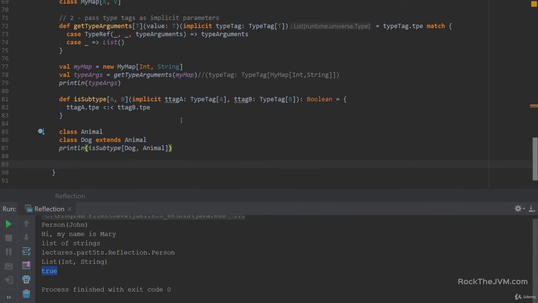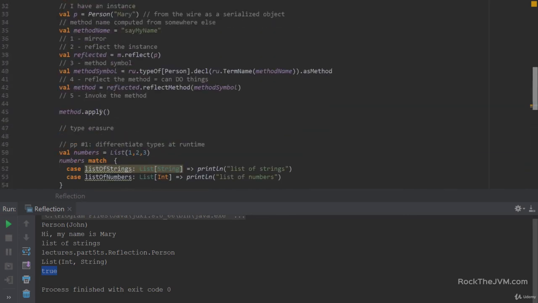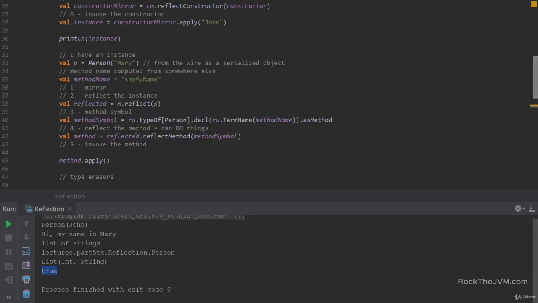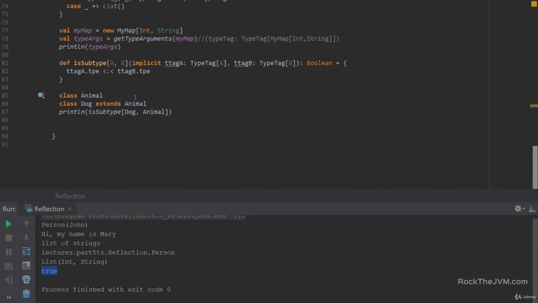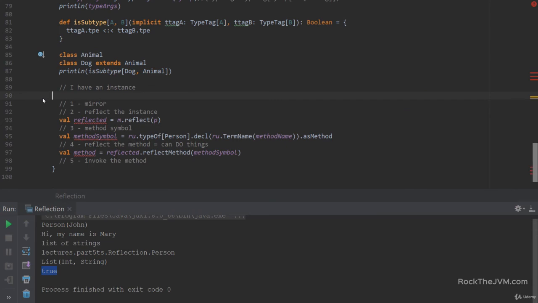Okay? Now, one last thing that I want to show you is that these type tags can be very sweetly linked to the other reflection API that we talked about in the last video. Let's run through an example, and I'm going to copy the invoking by name case. So I'm just going to simply copy this code, and I'm going to replace the essential bits. So we have a person called Mary, and I also have the method sayMyName, so I'm just going to remove these. Reflecting the instance is also not needed